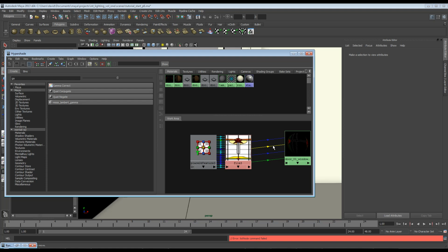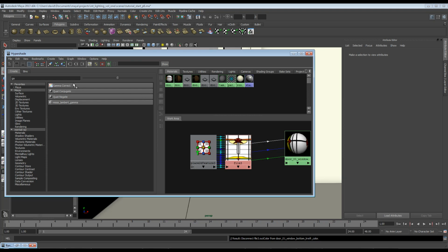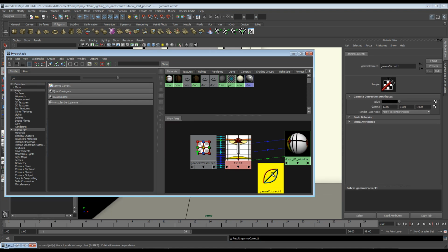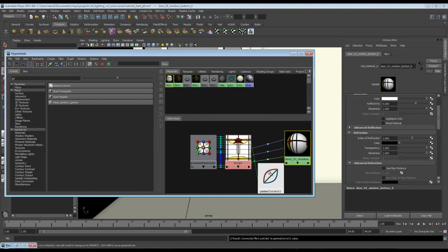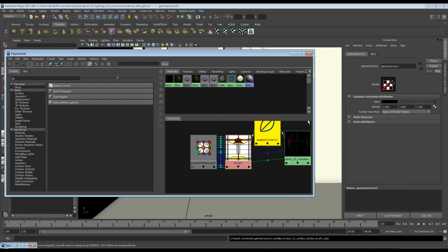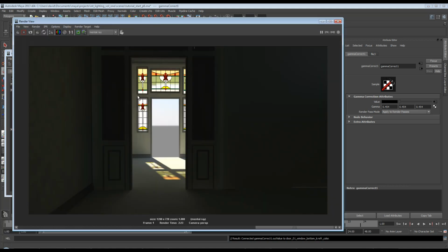So we're going to select the refraction color and get rid of it. We are then going to drop in a gamma correct node, which I've just searched for up here, and we're going to plug this texture into this gamma correct, and we're going to plug this gamma correct back into the refraction color. Okay, now we need to change its value to reverse the gamma: 0.454, 0.454 and 0.454. Okay, and when I render again now, I think you'll see an overall much stronger